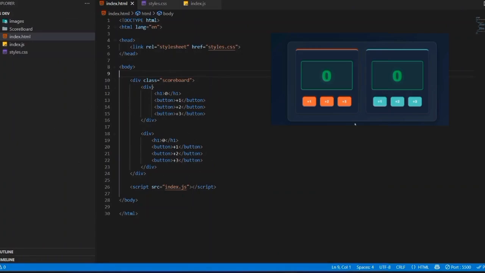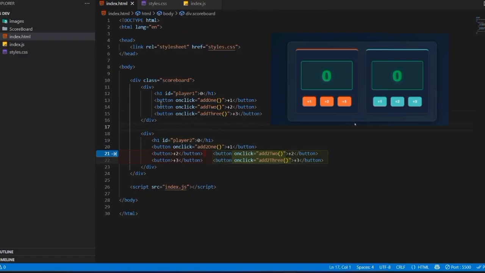Now the question is how we can add all of those things, my friend. So inside my score section I want to add an ID, something like player 1, and inside my first button what I want to add here, wait, I don't want to add that here. You just understand all of those things, my friend. Why am I going to write all of these things? Because